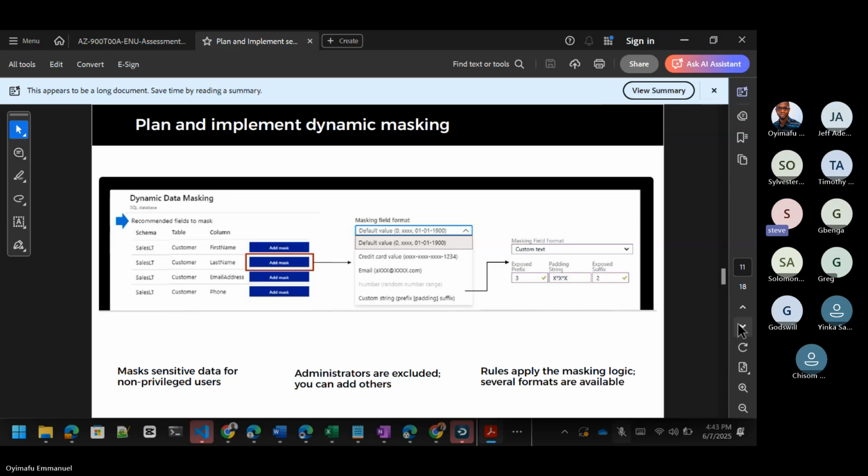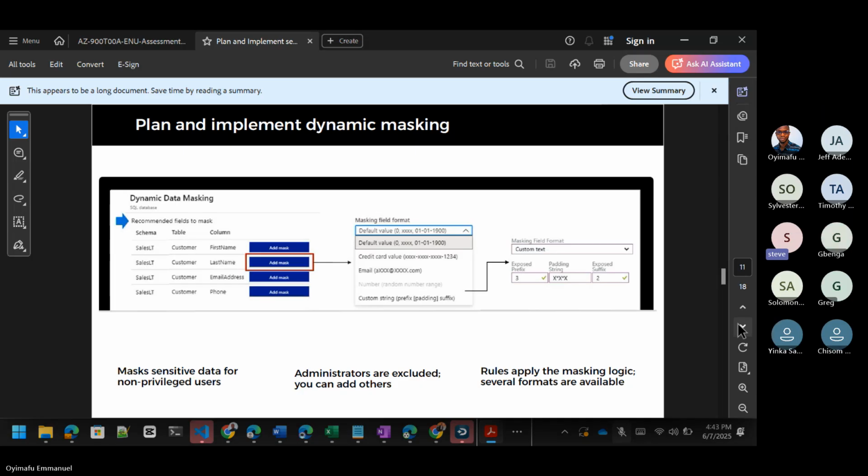So when it comes to credit card information, the first three columns are masked out so that even the help desk cannot view the sensitive information. All they can see is the last 4 digits. So from that, you as a cloud security engineer are able to enforce more security